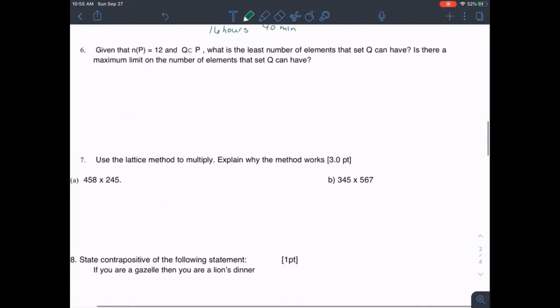It says, given that n of set P is equal to 12, so that would mean a set P is going to be equal to, let's say, 1, 2, 3, 4, 5, 6, 7, 8, 9, 10, 11, and 12. It says any Q is a proper subset of P, and Q is a proper subset of P. So that means